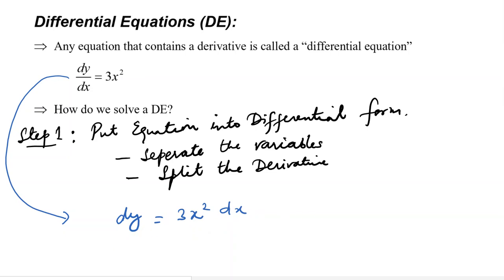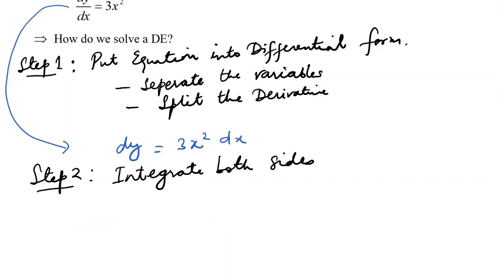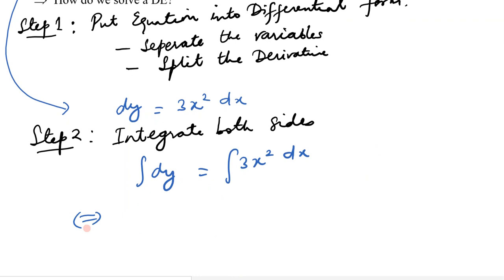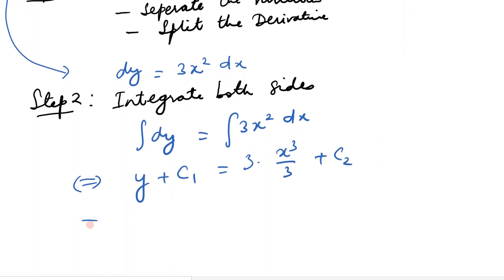So step 2 is we integrate both sides of this new equation. So we get integral of dy is equal to integral of 3x squared dx, and then we solve this integral. So integral of dy is y plus c1. So 3 times integral of x squared is x cubed over 3 plus c2. And now we notice that we get y is equal to x cubed,